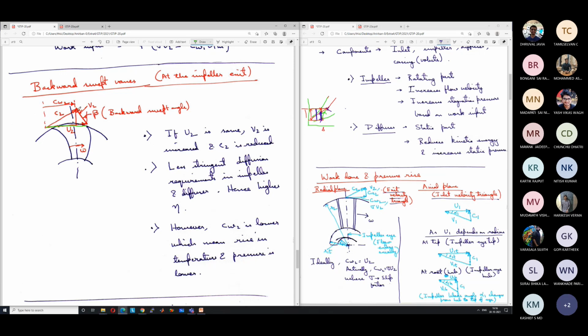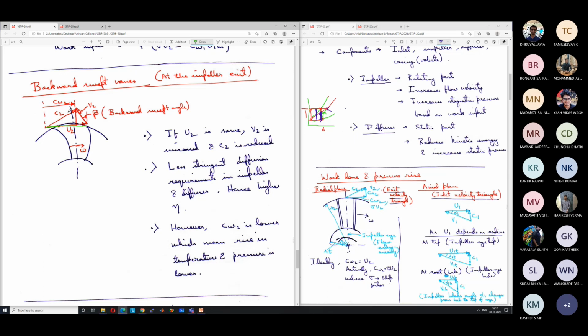If CW2 is very high, then in the diffuser, when the flow goes out of the impeller into the diffuser at very high velocities, there will be a larger requirement of diffusion, and the diffusion process will be more stringent. In the diffuser, you have to decrease a larger velocity to a small velocity. So there will be more frictional losses as well as more chances of separation. Or otherwise, you need a very long diffuser if you want to increase the area slowly.